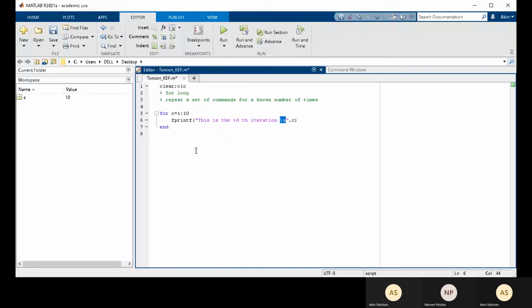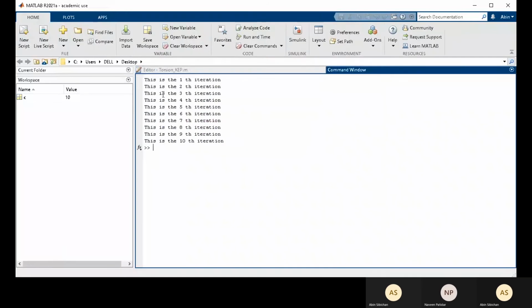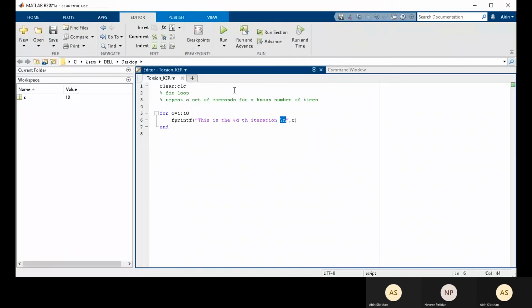If I run it without this, the strings will go horizontally, end to end, repeating 10 times: this is the first iteration, and so on. In order to stop that, I have put a new line character, and now let's run this. Now you can see: one iteration, second, third, fourth, fifth.